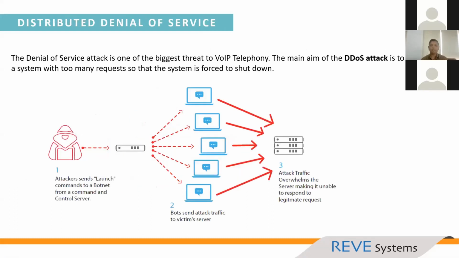Then the distributed denial of service, that is the DDoS attack. This is the biggest threat in the IP telephony segment. DDoS has another term for the telephony section, that is TDoS, telephonic denial of service. In DDoS, from a single source, a lot of requests are generated and sent to a single termination. So it makes the service go down. So you have to have the capability in your network to stop this kind of frequent requests.